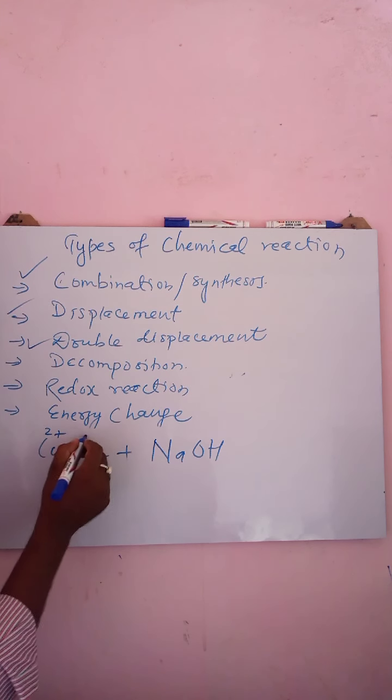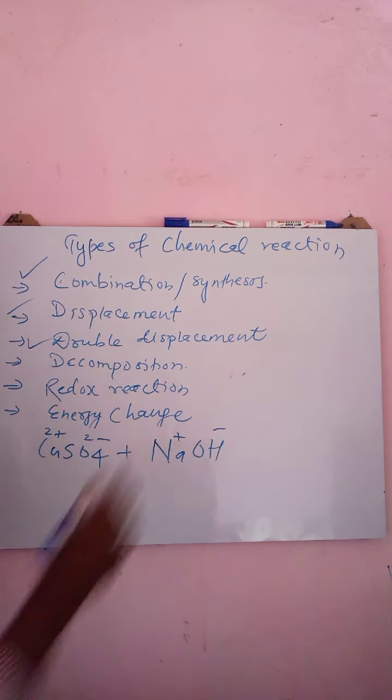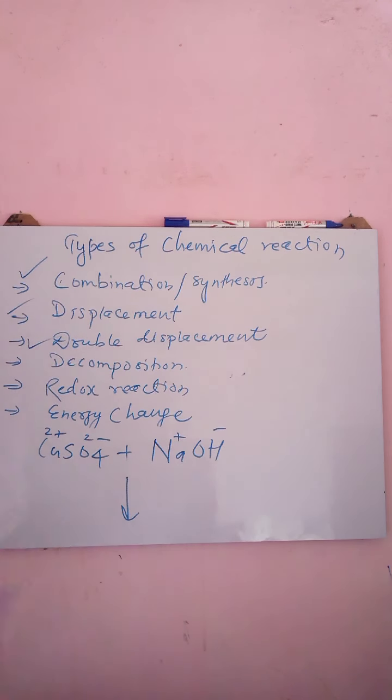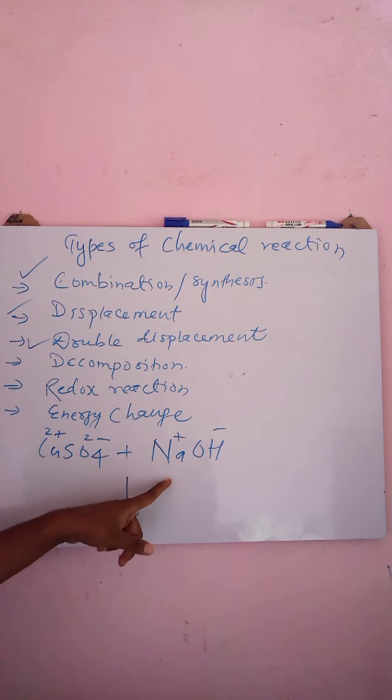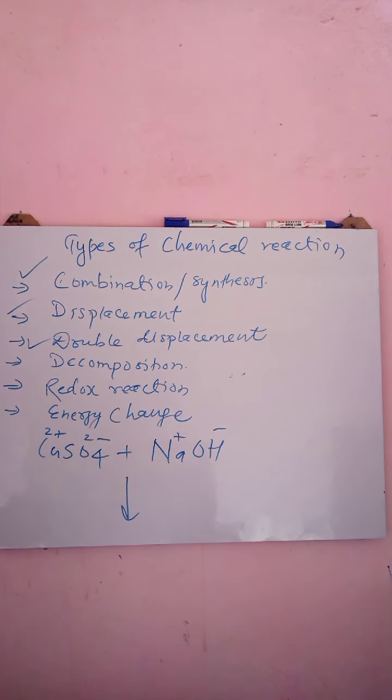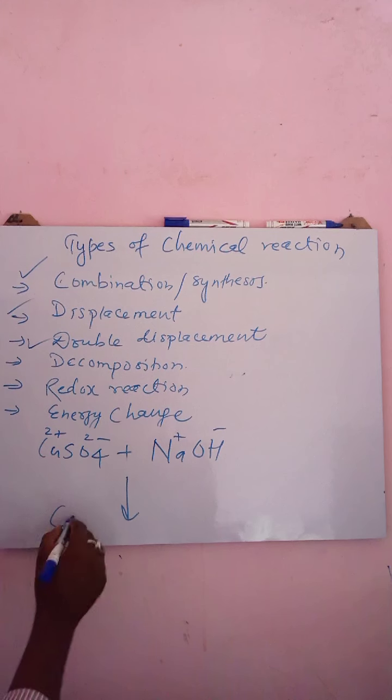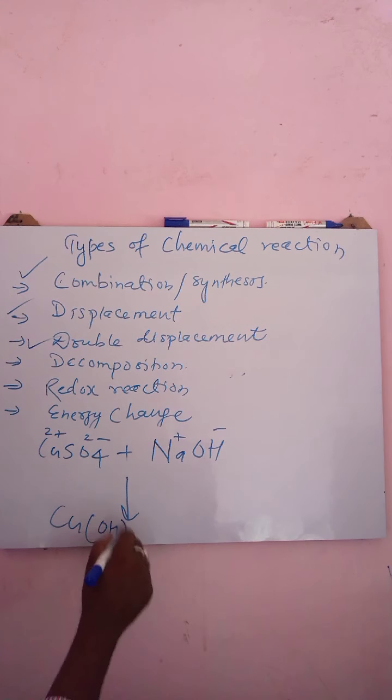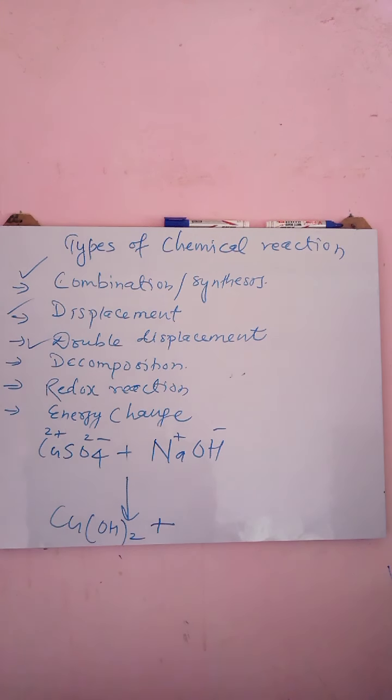So 2 plus and 2 minus, plus and minus. As I have given the common example, in the same manner mutual exchange of radicals will take place. This positively charged species will replace the other positively charged species and take its place. So here the product will be Cu(OH)2 plus